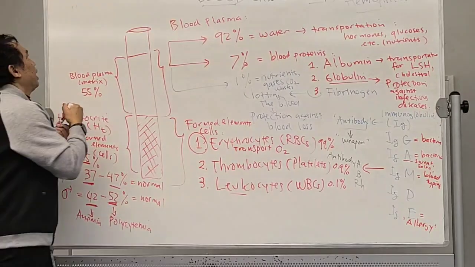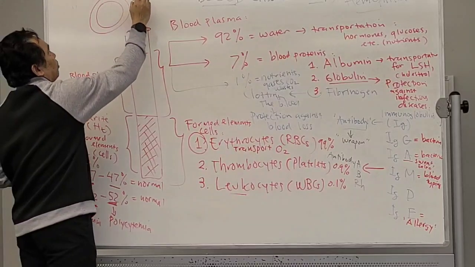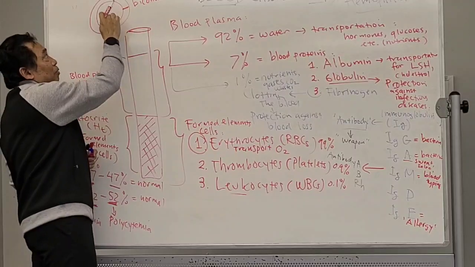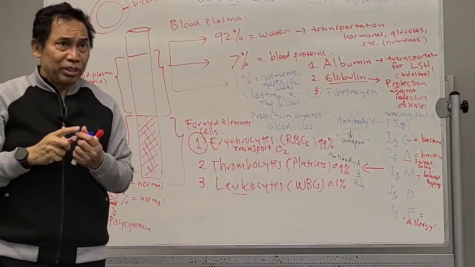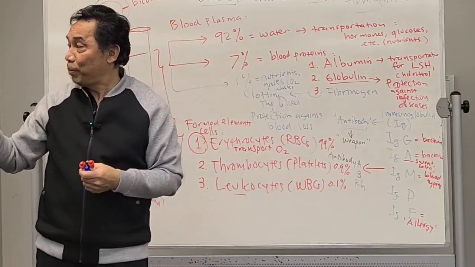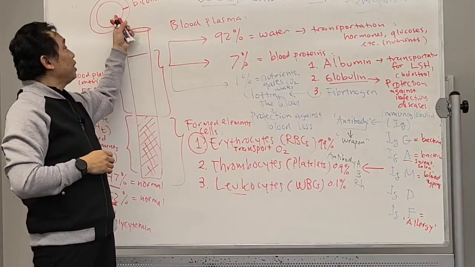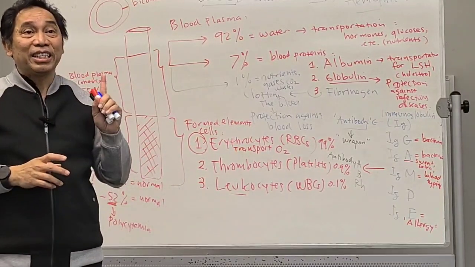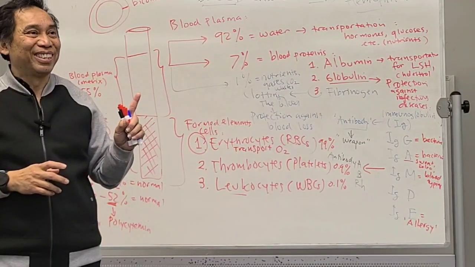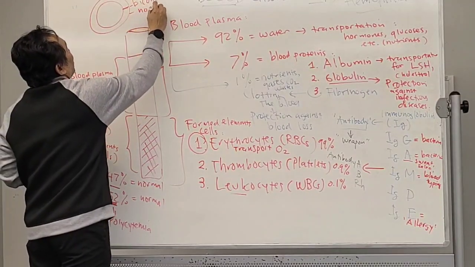If you see an erythrocyte under the microscope, it's going to look like this. It's called biconcave, which is thick on the side and very thin in the middle. Have you ever seen the Lifesaver peppermint or mint? It just looks like that. Very thick on the side and very thin in the middle. That's the red blood cell, and red blood cells do not have a nucleus. Biconcave, no nucleus.